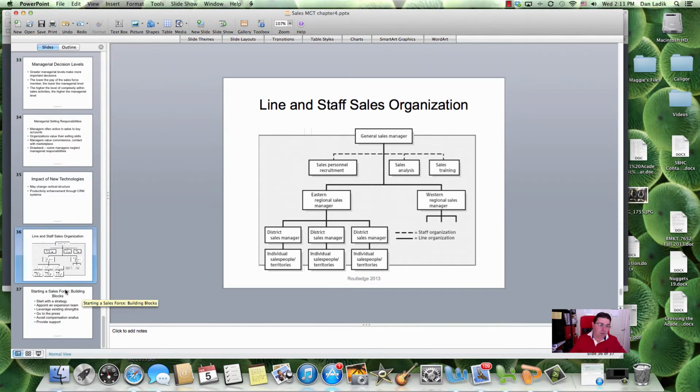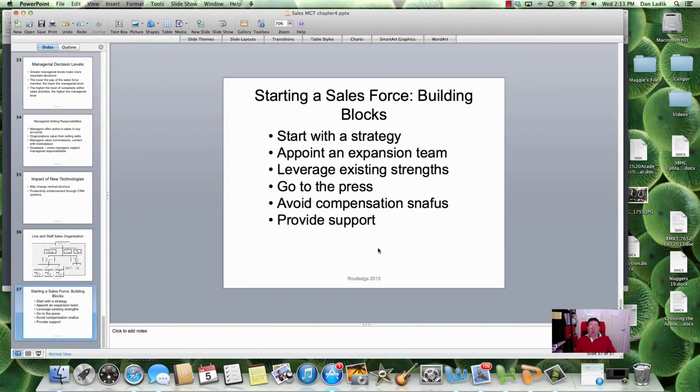So this has given us just an example of how you can have a staff organization integrate with a traditional sales organization. And to wrap up, when we're starting a sales force, what's going to determine which one of these forms you take? Well, it depends on your strategy. If you want to be the ultimate customer focused, well, you're going to set yours up around key accounts and customer and not geography. If you want expansion, it depends. You could do more regional. You have to leverage your strengths given what's specific to your firm and what's specific to your industry and what's specific to your product class.